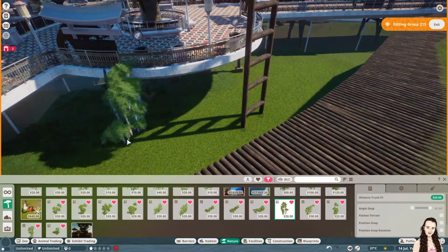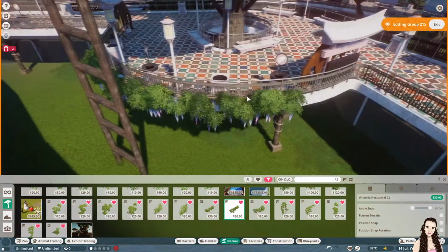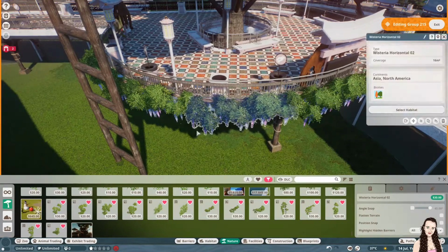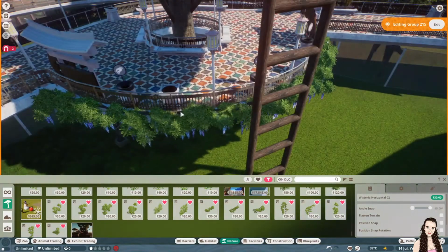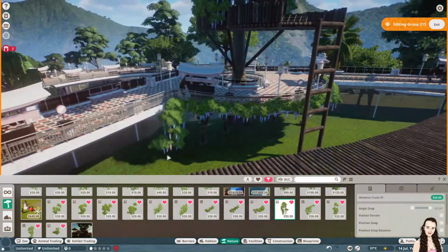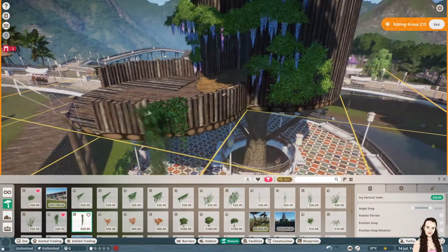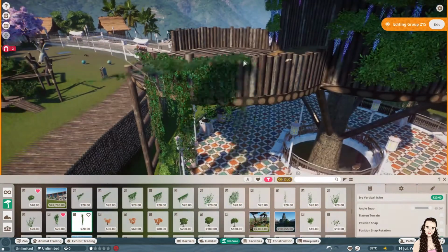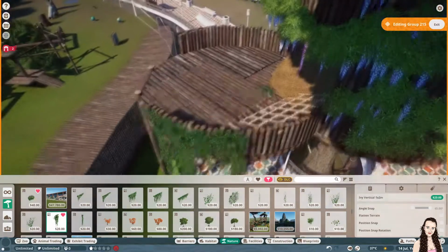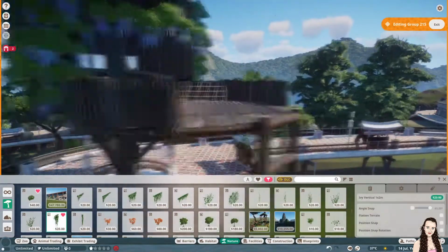And I also added in some wisteria around the rounded path underneath the treehouse, just to tie it in a little bit with the treehouse itself, so it's not kind of like a standalone thing. It's kind of growing around both rounded areas, and to break up a little bit more of that wooden texture as well, I thought I would add in a little bit more of a pop of green with the ivy